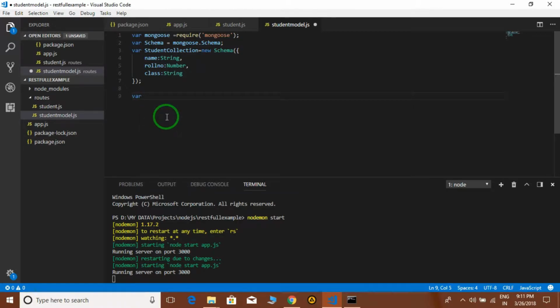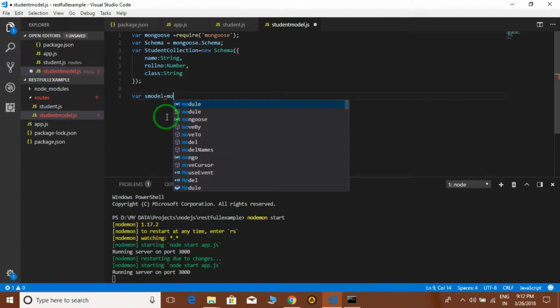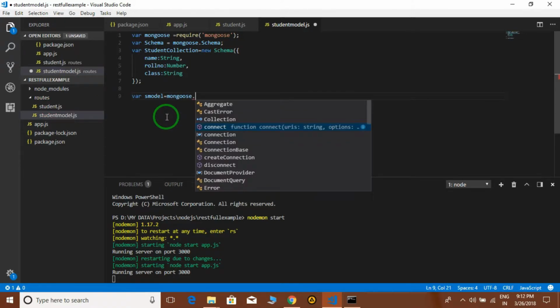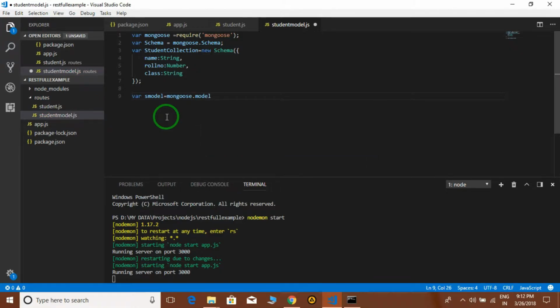So let's say s model equals mongoose.model. Here we have to give two parameters. The first parameter is the name of the collection.